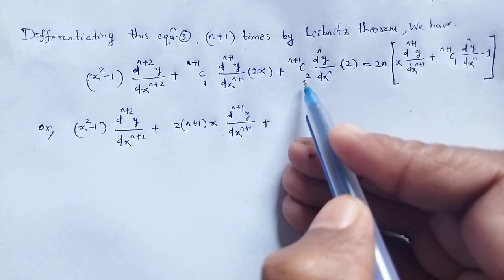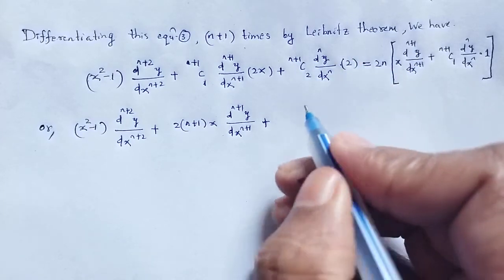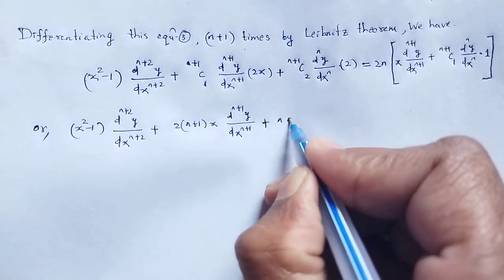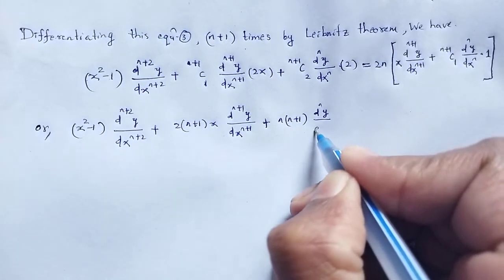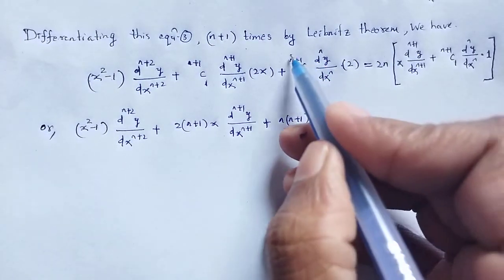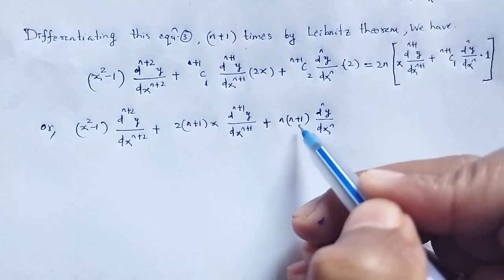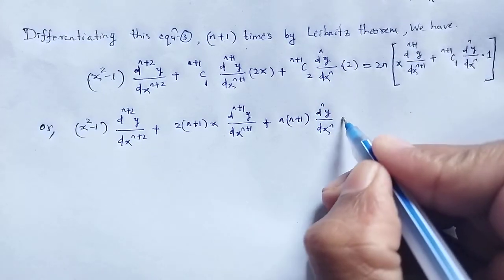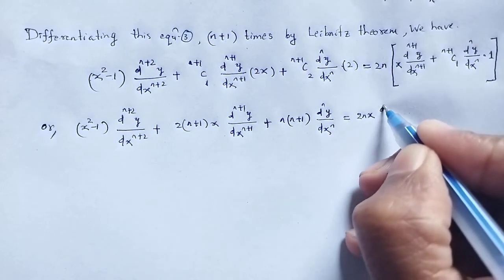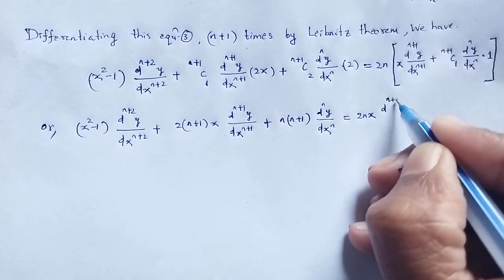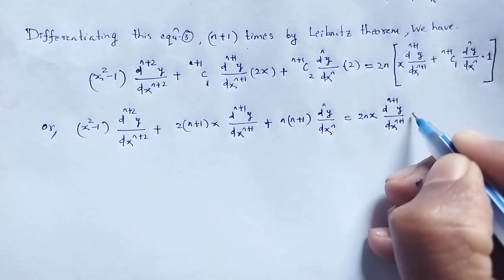Then (n+1)C2, that value will be n(n+1)/2, here the 2 cancels out, so we only have n(n+1) dⁿy/dxⁿ. That value will be n(n+1)/2, here 2 and 2 cancel out, that is n(n+1), is equal to 2nx dⁿ⁺¹y/dxⁿ⁺¹ plus